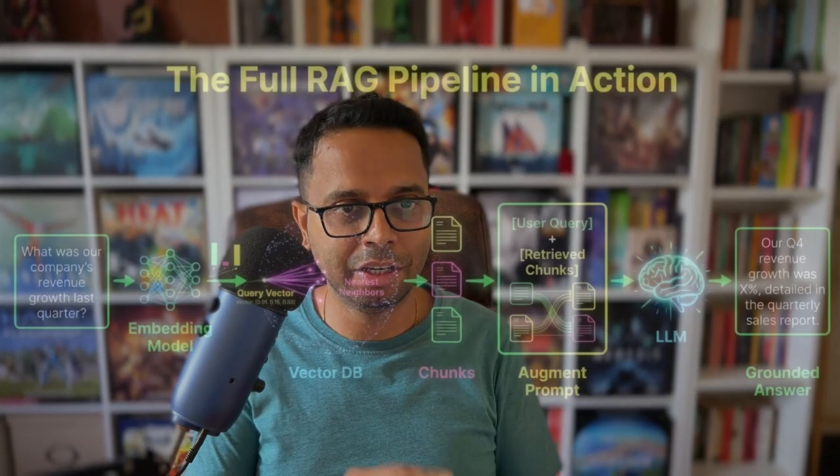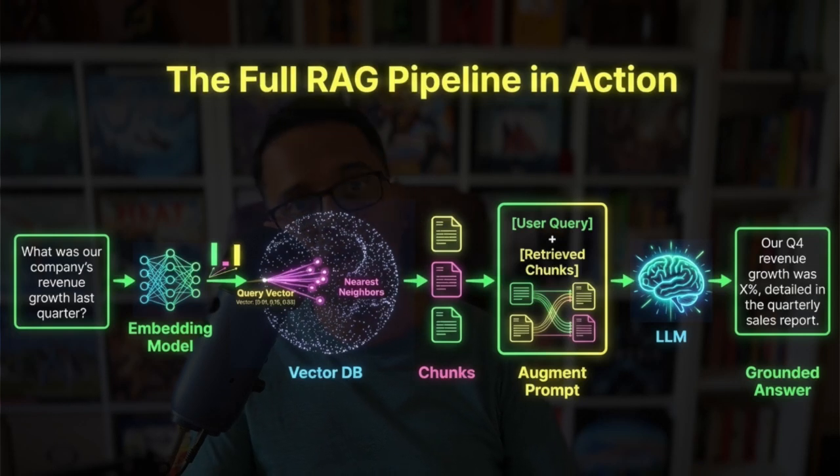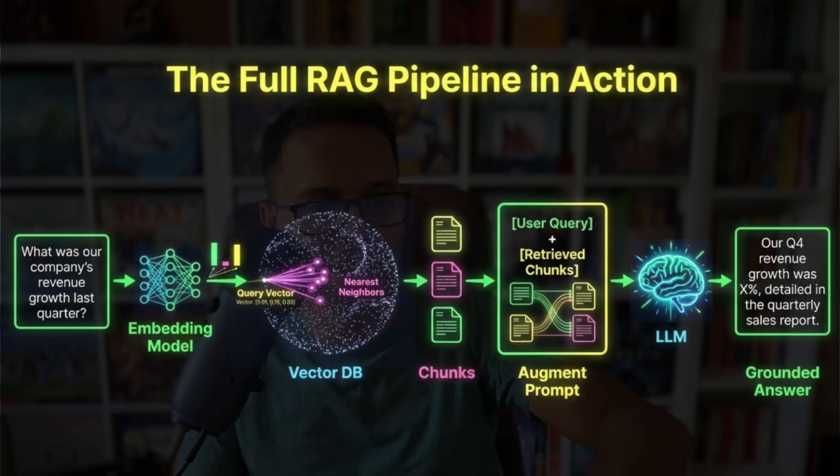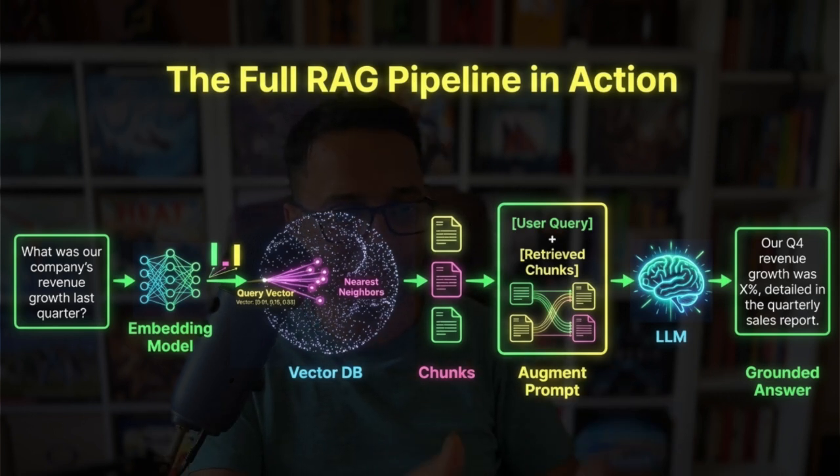So if I try to put everything into a RAG pipeline right now, how does this pipeline look? So, what was our company's revenue growth last year? Let's say this is the question that was asked, right? Now this question is converted to embeddings to create that bunch of numbers, right? And then if you see in this picture, the query vector that gets created based on my question is used for the similarity search to find out the nearest neighbor, or the approximate nearest neighbor, from the vector DB.